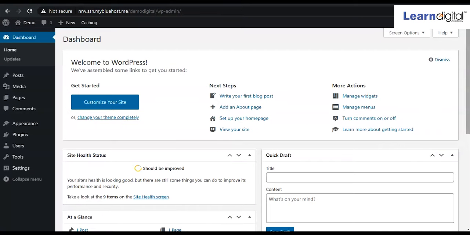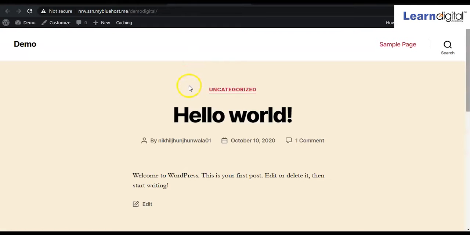So in the last video, we came to know about the dashboard, the backend part of your WordPress dashboard. And instantly we launched our website, we launched the WordPress software as well. Now if we go and see the front side of our website, yes, this is the front side of the website and this is the demo website, right? And this is the particular theme. By default it has been taken by WordPress. So we'll be working on this one.